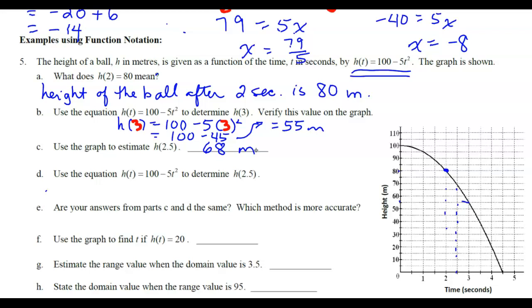Now let's use the equation. Let's find the exact value. So again, h of 2.5 equals 100 minus 5 times 2.5 squared. I'll just use the blue this time. Now you might need your calculator. 2.5 squared is 6.25 times 5, so